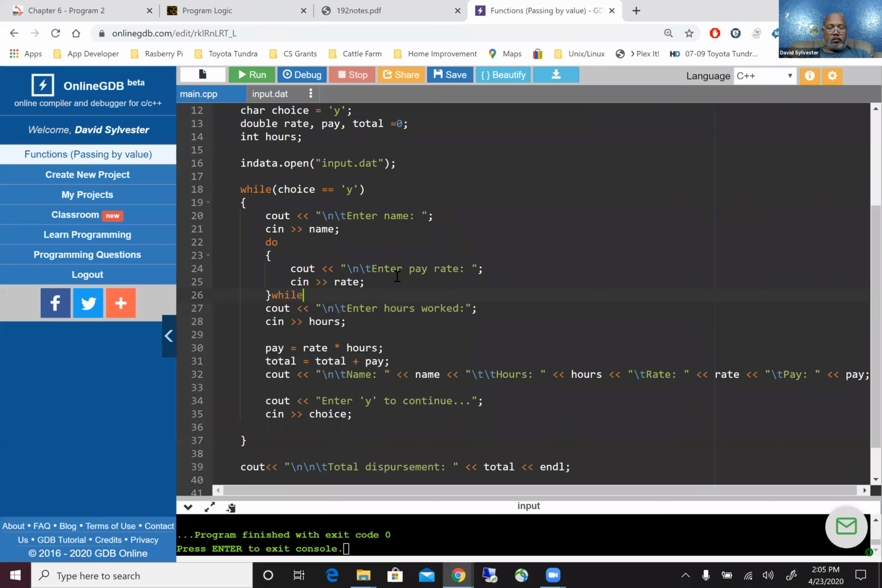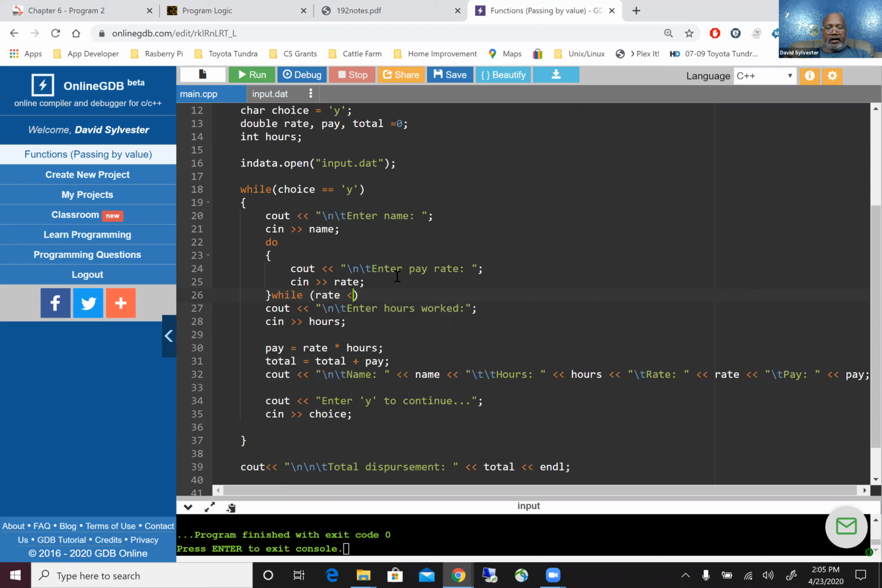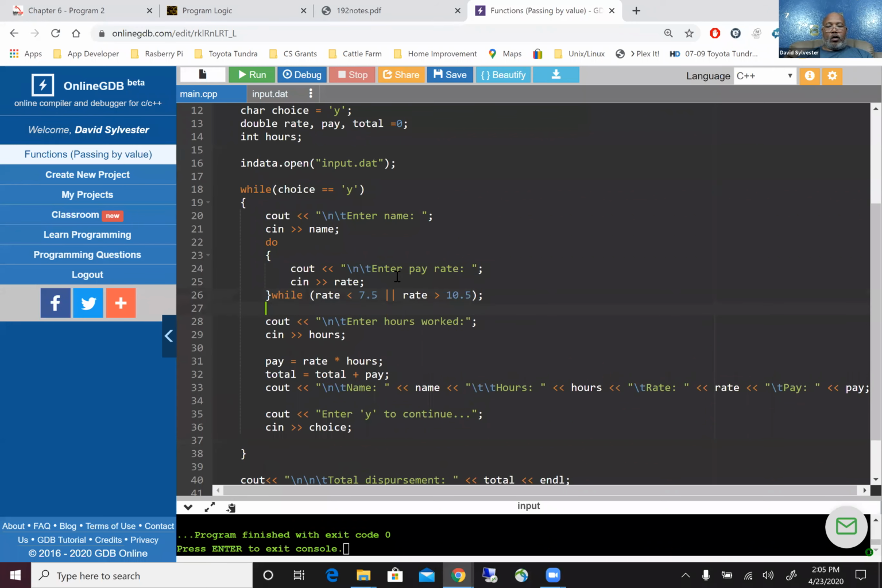While rate, do this while rate is less than 7.5, right? Or rate greater than 10.5, all right? So, and semicolon. So what I've done here, what's gonna happen, this program is gonna allow you to input a